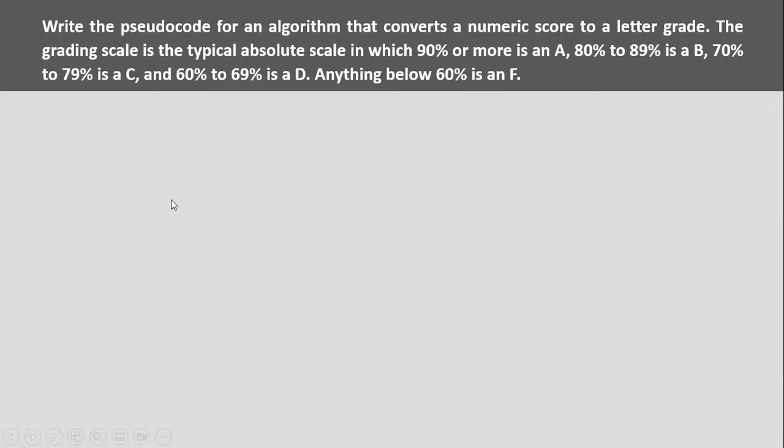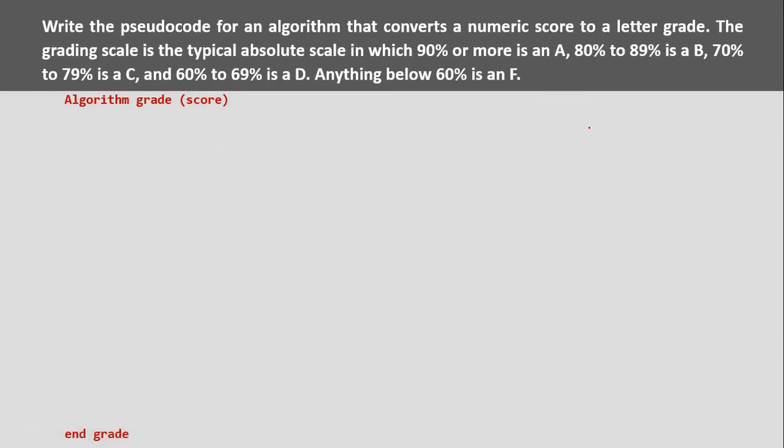So, as we have seen in the lecture, we need to follow certain notations while writing a pseudocode. As per our notations, first of all, we should create a block, algorithm, and end of algorithm. So the algorithm name is grade along with the parameters, and the respective end of grade algorithm. This is the block that we have created. Now, what we need to do next is